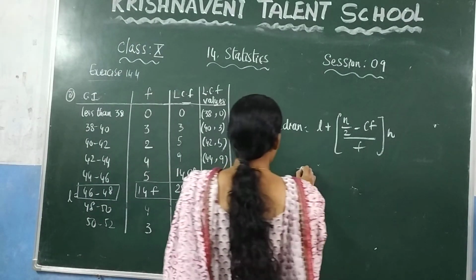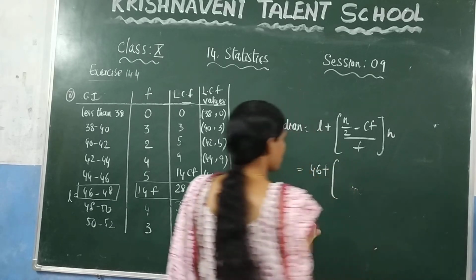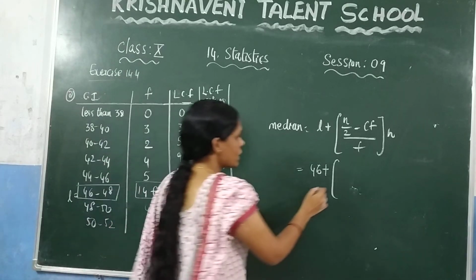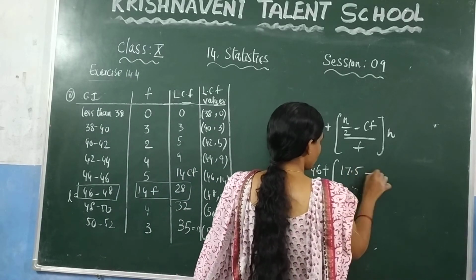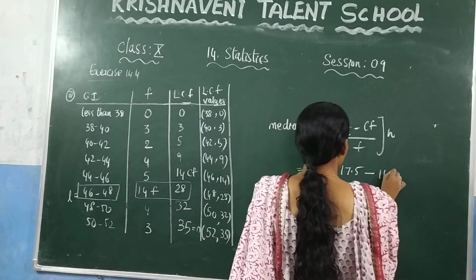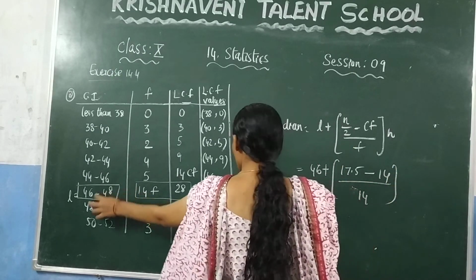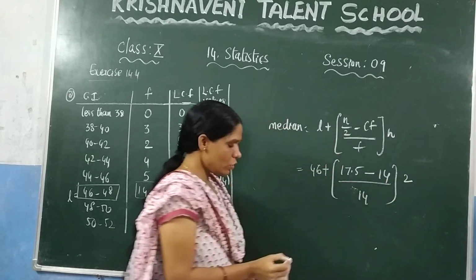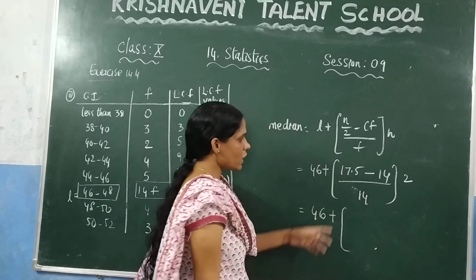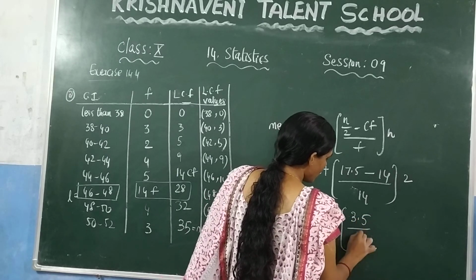Now substitute all these values here. What is the L value? 46 plus n by 2. Just now we calculated the value of n, which is 35. 35 by 2 gives you 17.5, minus the cumulative frequency value, which is 14. So write it here, 14, by the frequency, which is 14, and the difference between these two gives you here 2. Now you need to solve this one. So what will we get here? Solve it. 46 plus 17.5 minus 14, which is nothing but 3.5, by 14